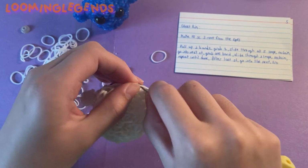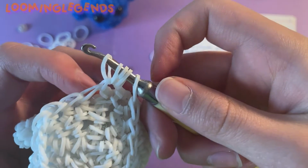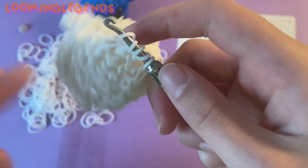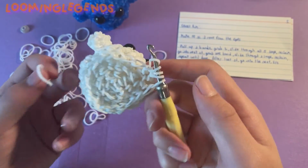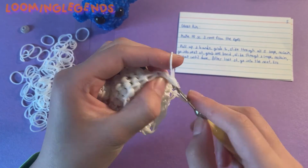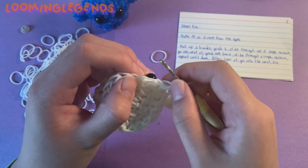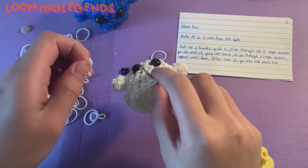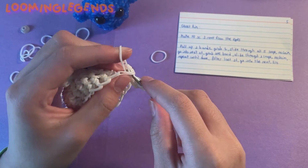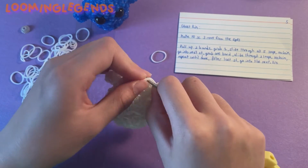So that's 1, go into the same stitch and pull up another band. Now you should have 5 loops: 2 loops from the pulled up bands and then 1 loop from earlier, from the single crochets. So now you're gonna grab 1 band, slide through all 5 of these loops, reclaim like that. Now you have 2. Go into this stitch here, grab another band, slide through all 3 of these loops, reclaim, go into this next